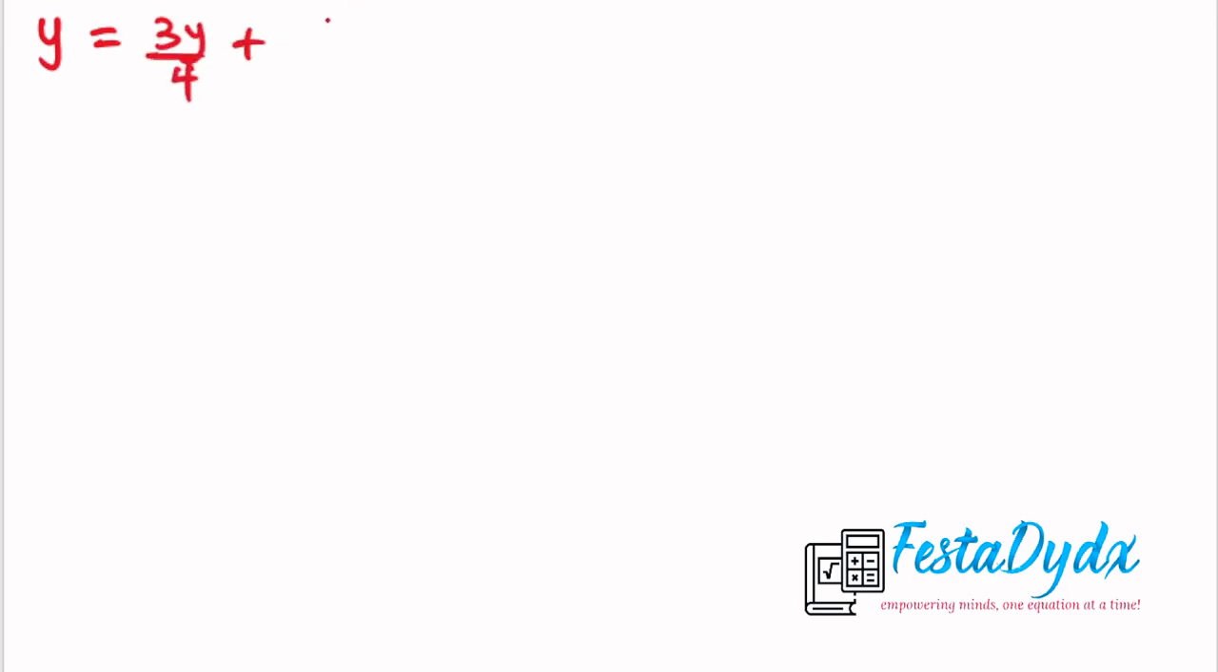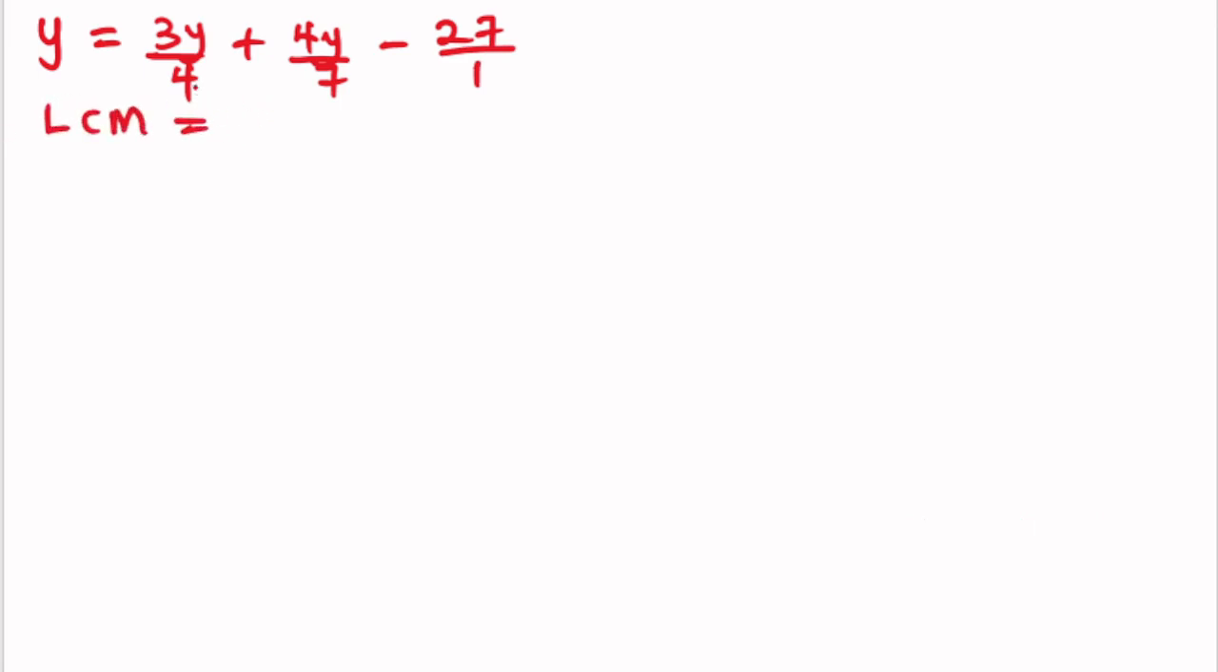plus those that played volleyball, we have 4y/7 minus those that played both games, we have 27. So just like we are looking at this, 27 is a whole number, we have to make this a fraction. And the next thing we're going to do is to look for the LCM because we have unlike fractions. So the LCM of 4, 7, and 1 is 28. Now we have the LCM, we're going to make this the new denominator and convert every fraction there to an equivalent fraction. So working with this LCM, we have y equal to, on the right hand side, we'll have a